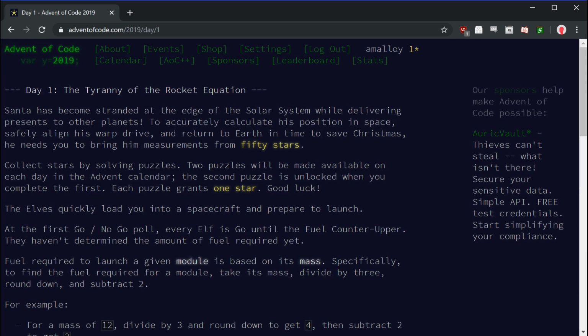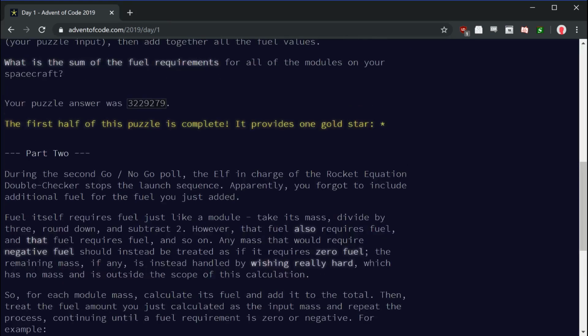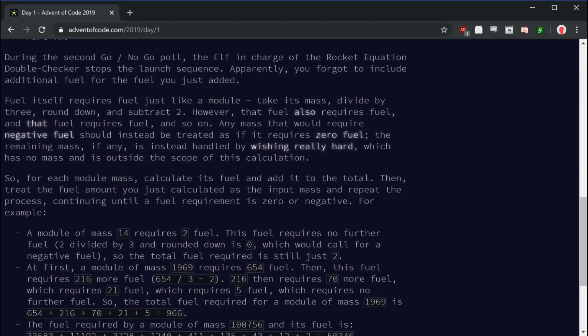This is kind of the famous real world problem, and this is the term for it: in order to put something into orbit, you need mass. It has some mass, and you need fuel to launch that mass, but the fuel you just added makes the thing heavier, so you need more fuel for that fuel, and now that fuel made the thing heavier, you need more fuel. So you need some ginormous amount of fuel for every ounce you want to put into orbit, roughly. And so they're talking about this, we're going to have to solve the same problem.